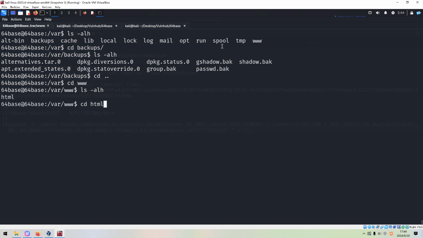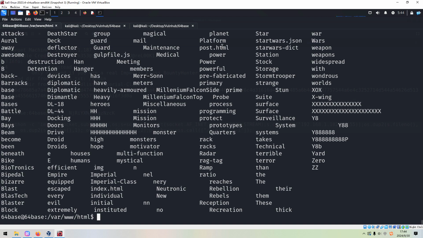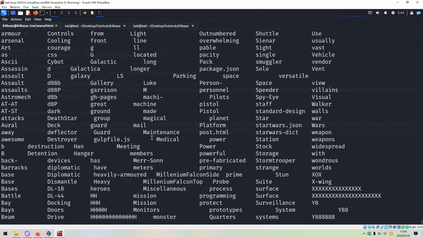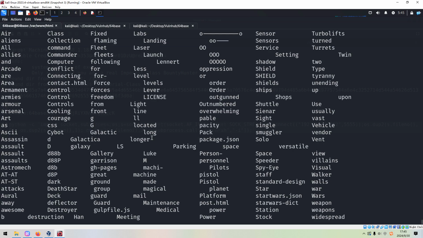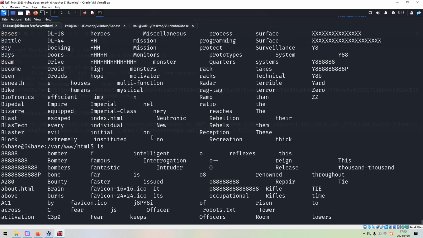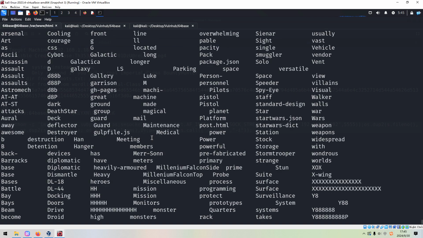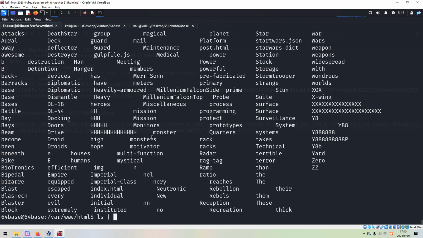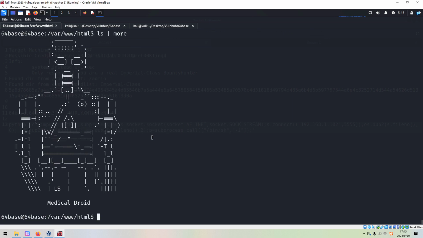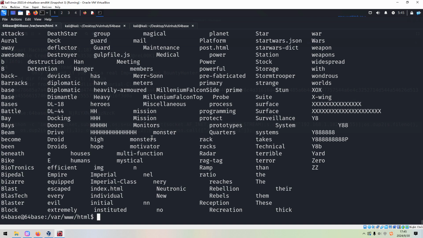Go to HTML directory. Oh, very funny. So many directories. Really weird. Can we use tunnel? More? We cannot use more. Interesting.